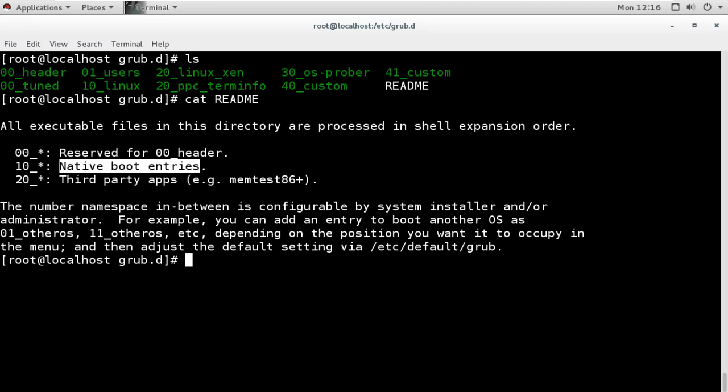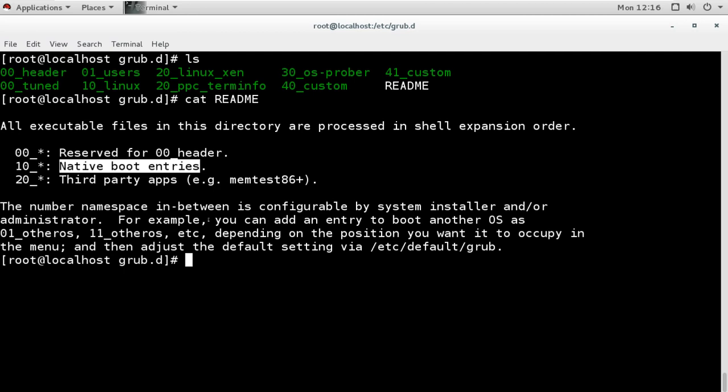Now we can see there are gaps in between, like after 00 it is directly 10. So we can make our own files like 01, 02, 03, 04. It is saying the number namespace in between is configurable by the system installer and or the administrator.